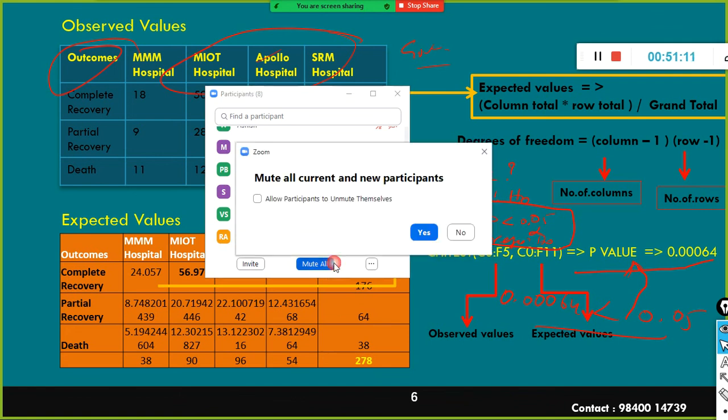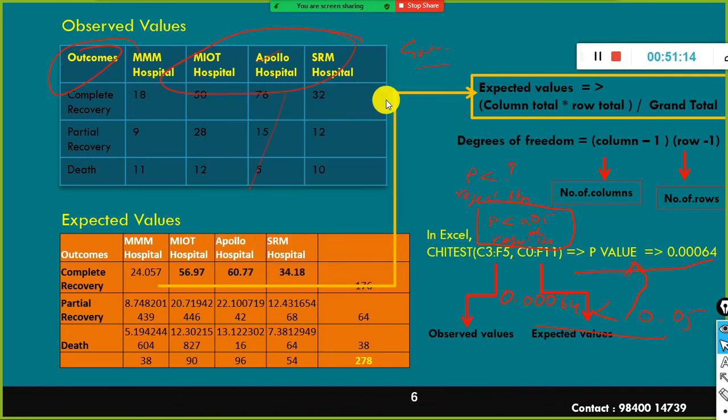Okay, next what we will do is we will jump into the introduction to